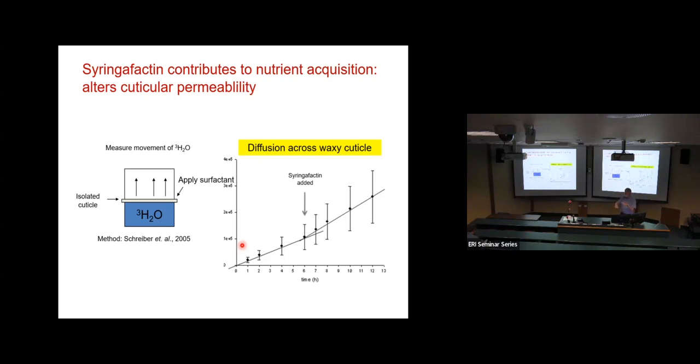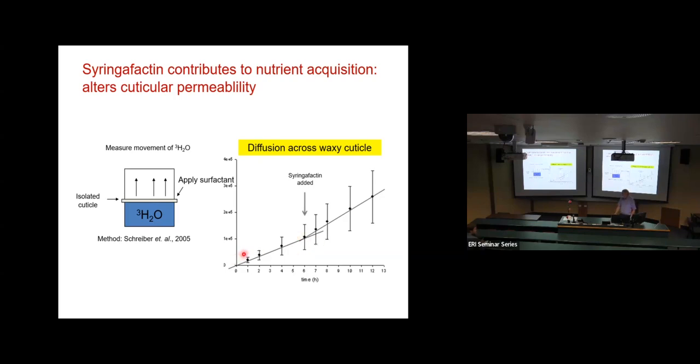And one is to change the nature of the cuticle on which the bacterium is sitting. We could test that by peeling off tiny bits of the cuticle, just a very thin layer from the surface of the plant. We peel it off, put it on top of a chamber where we had some tritiated water, and watch the tritium diffuse across that cuticle into an upper chamber. And that's what we're seeing on this graph, basically the accumulation of tritium. So an intact